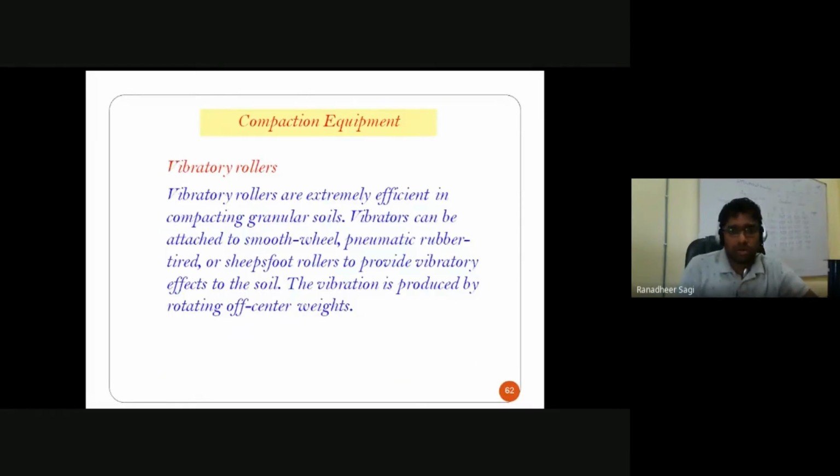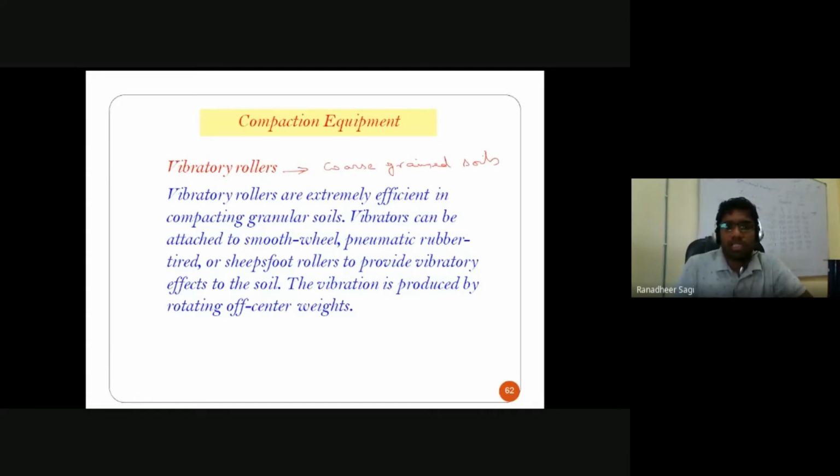Next is vibratory rollers. These vibratory rollers, as we already said, are going to be more effective in the case of your gravelly soil deposits or your coarse grain soil deposits. The mechanism involved is that you induce vibration into your roller, which is once again rotating. Due to the frequency of the vibration you generate there, the coarse grain particles existing there will be adjusted into the fine grain particles because of the mechanism of the vibration you induce. So it is more effective in the case of your coarse grain soils.